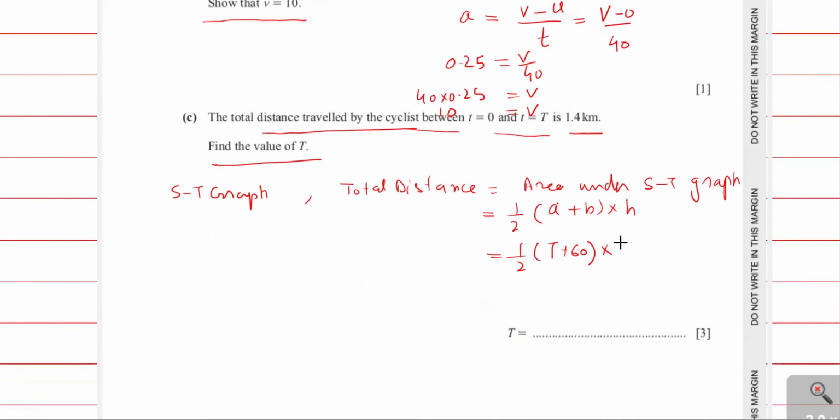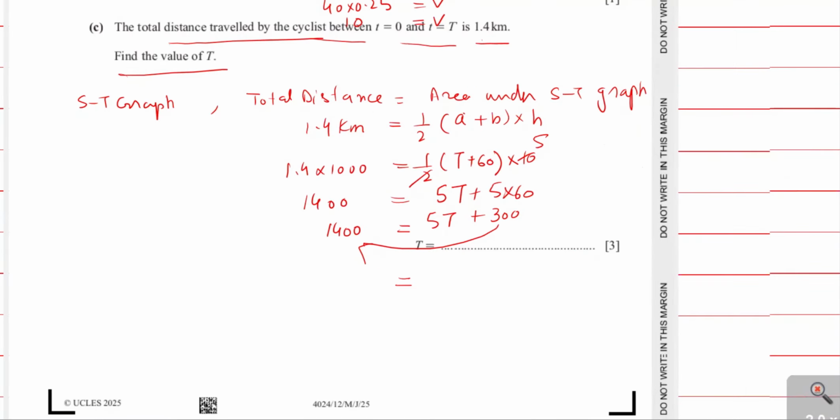Therefore, we write 10. 2 times 5 is 10, and 5 times t is 5t, and 5 times 60 is 300, and this is 5t. And this distance here is 1.4 kilometer. We will convert into meter. This will be equal to 1.4 times 1000, and this will be equal to 1400. We will shift 300 from right to left. This value becomes 1400 minus 300 equal to 5t, and this is 1100, and t will be equal to 1100